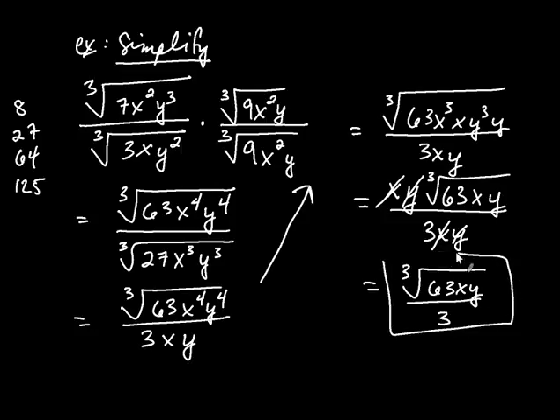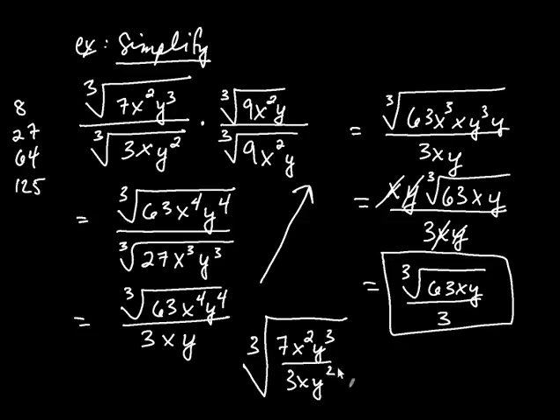That's as far as we can go with this one. Now it turns out you can do this problem another way. Do you see how it's the cube root of something divided by the cube root of something? What you can do is create a giant cube root, and write this radicand divided by that radicand. So under that giant radical, we can write 7x squared y cubed divided by